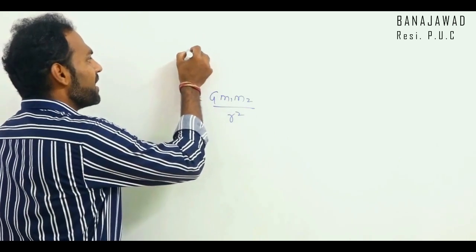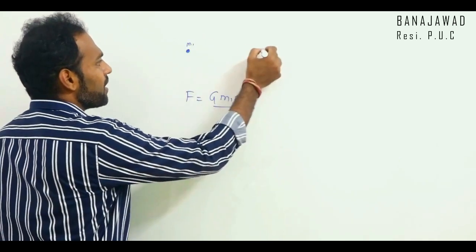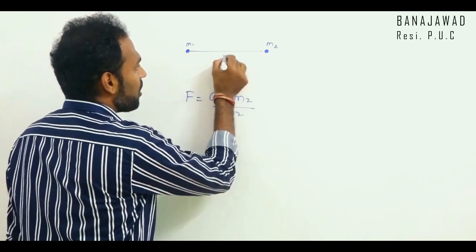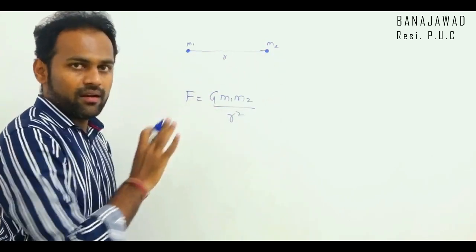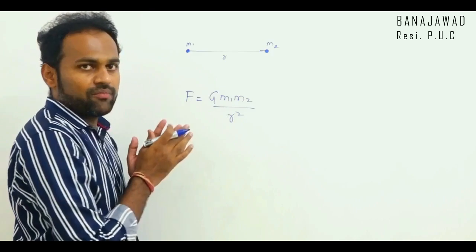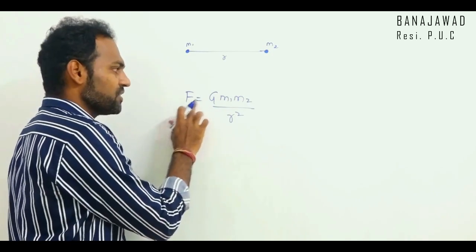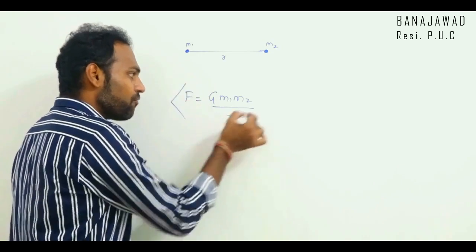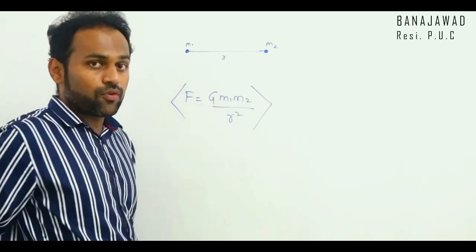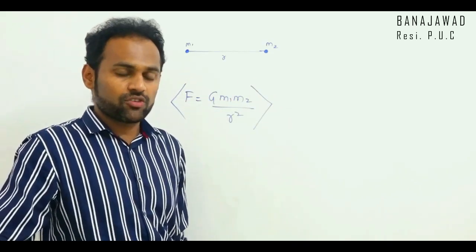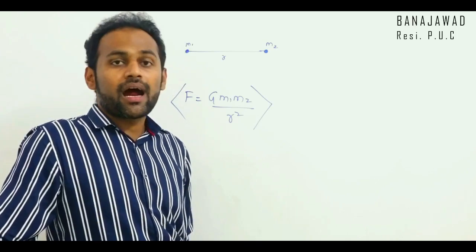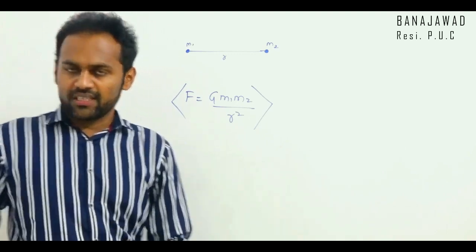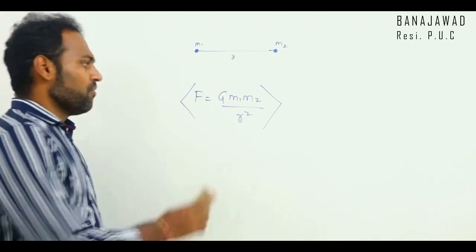If any two bodies of masses m1 and m2 are at a certain separation r between them, then the force of attraction between them, called gravitational force, is given by F is equal to G m1 into m2 divided by r square. I am calling it a force of attraction, which means gravitational force is a force of attraction. It is not a force of repulsion. It will always be attractive in nature and never repulsive. Well, this is all about first year; we discussed this in the gravitation chapter in first year.